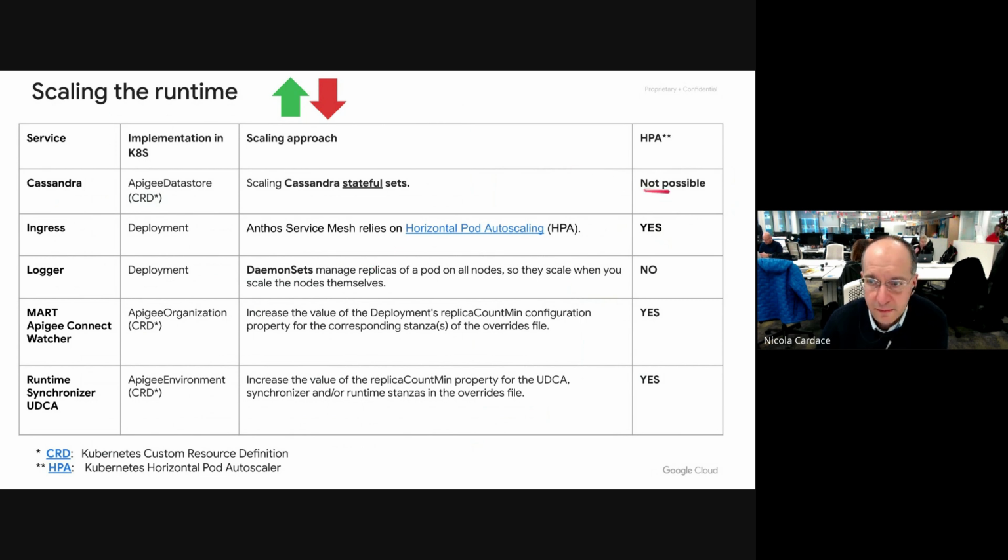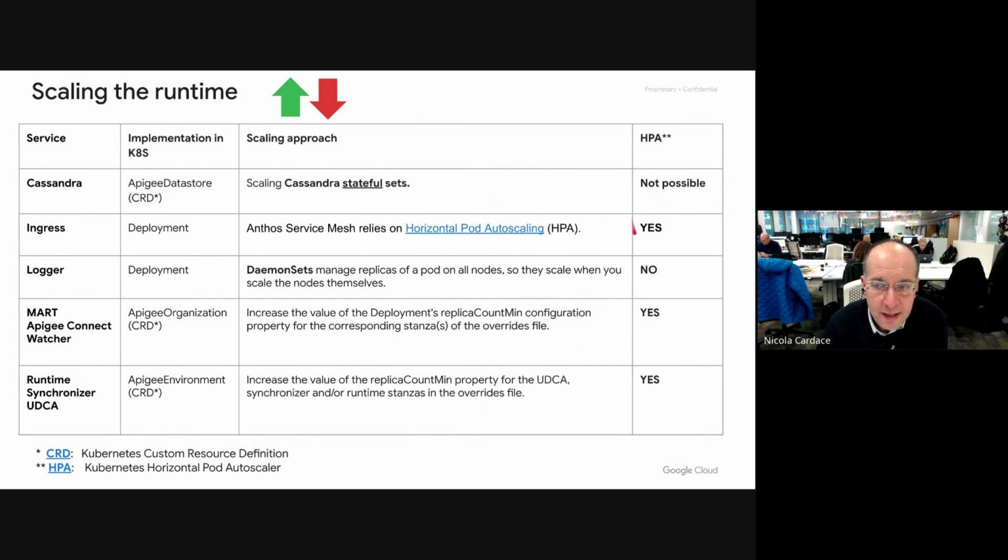What is important: Cassandra is deployed as a data store, it's a database, so it's a stateful set. You cannot just destroy it or assume that you can create pods dynamically with a horizontal pod autoscaler, because you need to attach new pods to a persistent volume, a disk attached to it.